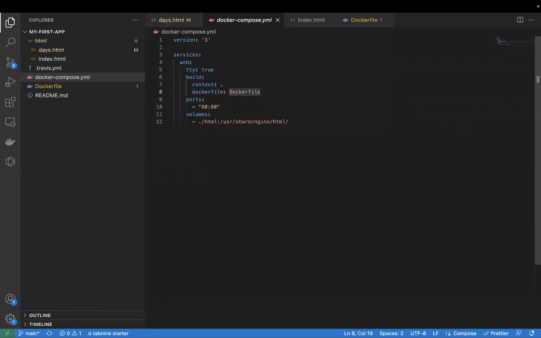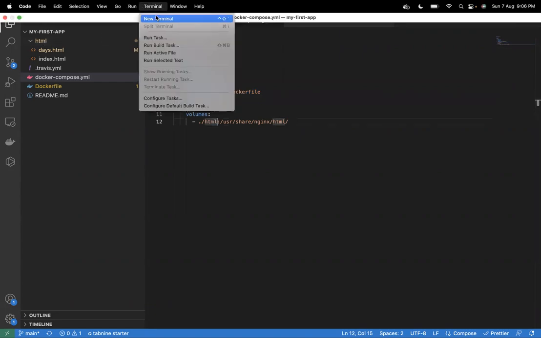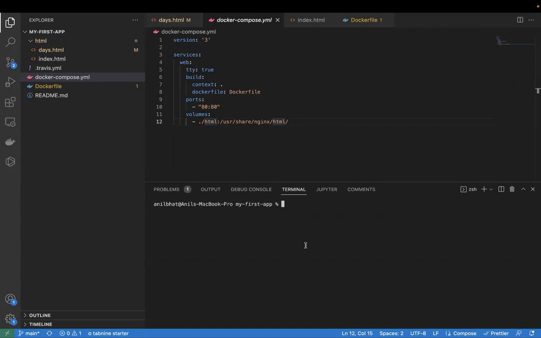It will build from the Dockerfile, and it will map all the contents from .html to /usr/share/nginx/html. So .html is nothing but this particular folder, whatever you see in your terminal by typing ls.